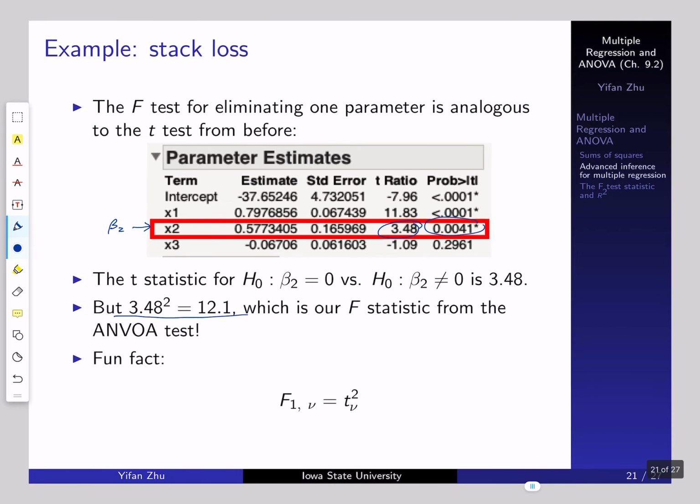So actually, the F test and the T test are equivalent for testing just one single parameter. This is HA here. If you do a two-sided test for one parameter,